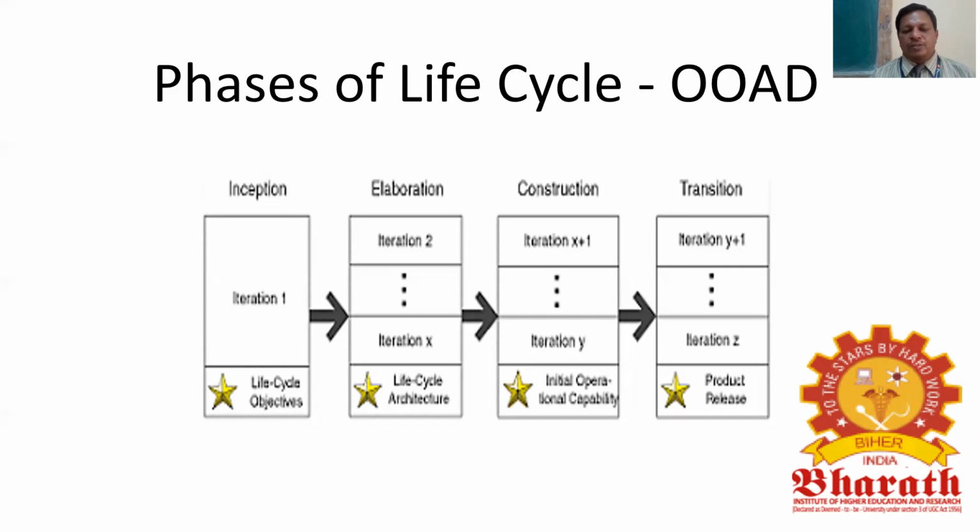problem. What are the blueprints you are going to document about the system? What are the resources available? What is the risk factor? Everything at the initial stage is inception. In elaboration, we provide more knowledge on the requirements gathering. Other risk factors are discussed in the elaboration phase, and then we finally go for the final design of architecture. This architecture is going to be constructed in the next phase, that means we are constructing the code, and then finally we translate the code into a useful product to the society. These are all the phases of the life cycle in the OOAD approach.